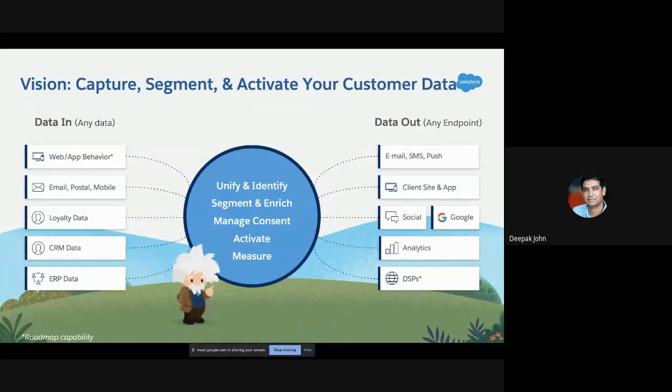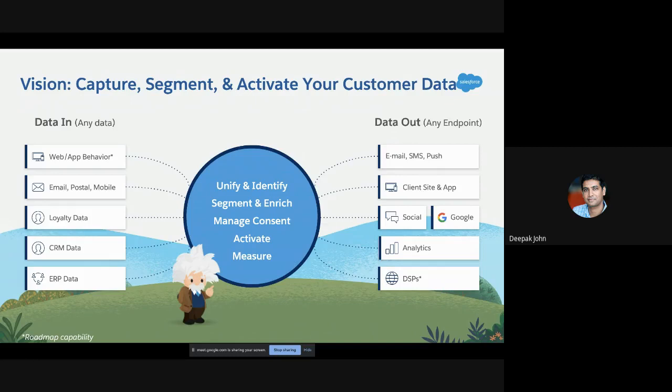So if you break down into capabilities of what the platform actually does, if you start to think of that little blue box, those are the key capabilities. Number one, data ingestion and unification. So it integrates and connects with your data sources. It could be your web, different channels, back office, ERP, loyalty systems, and the Salesforce ecosystem naturally. It pulls all that data into Customer 360 Audiences, and it applies an identity matching capability with the end goal of stitching together to form that golden customer record.